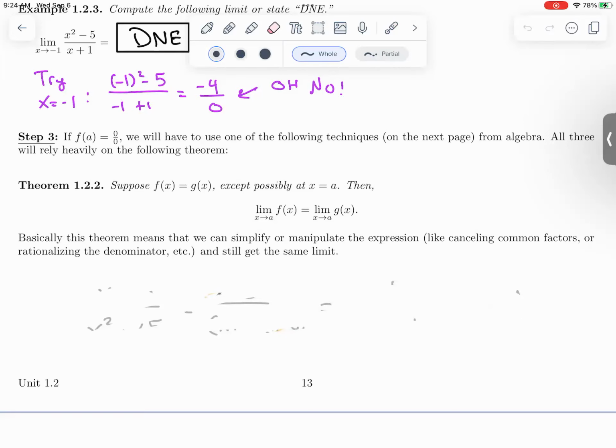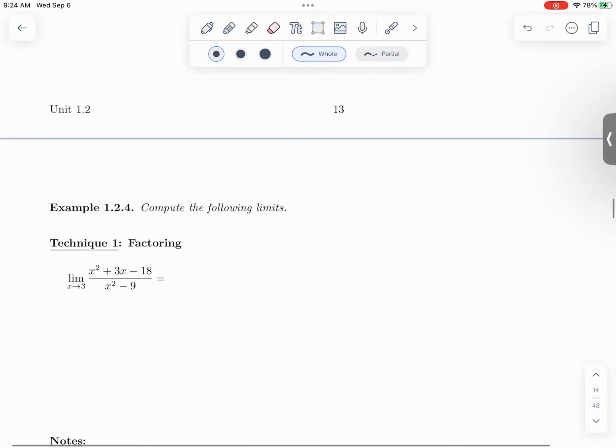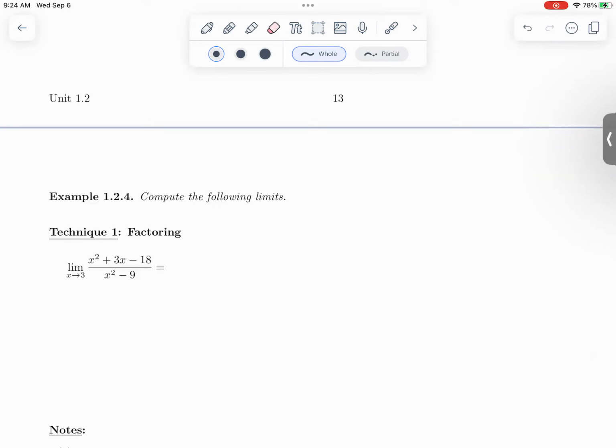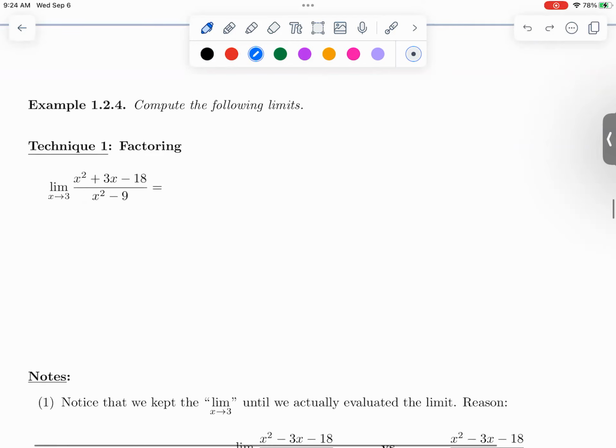The tried and true one we've already kind of experienced right here is factoring. So let's try to do this limit by just plugging in the value. Try x equals 3. And I guarantee you, if you do that, you're going to get 0 over 0, which is an